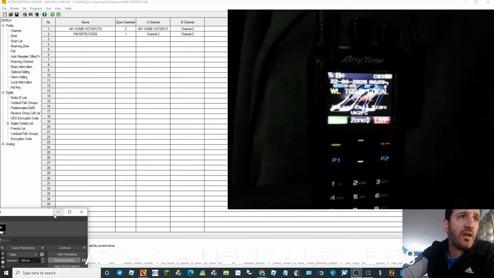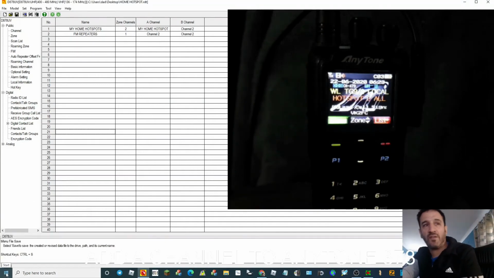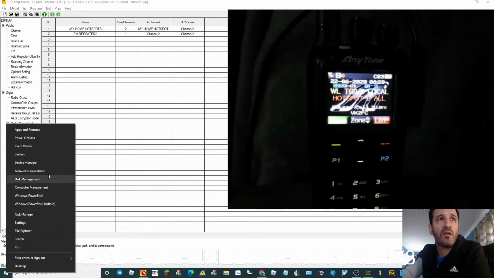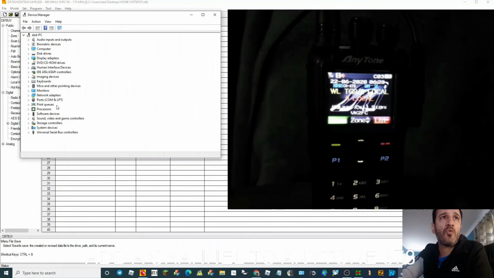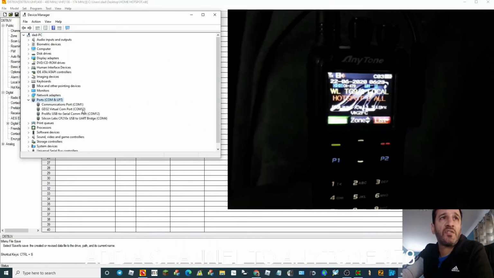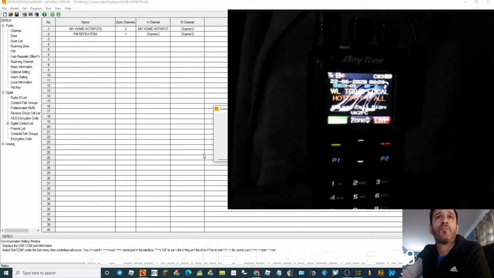So to check which COM it's on, I'm on Windows 10, so we're going to right click, select device manager, double click where it says ports, and see the one that says GD32 here, that's where it will be, so 13. So we'll just minimize that. Now we'll go to click set here at the top, set com, find number 13, click OK,